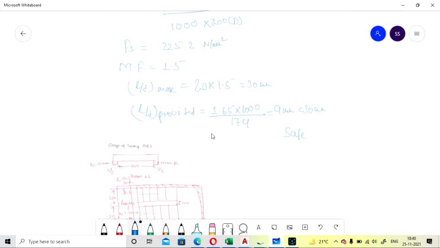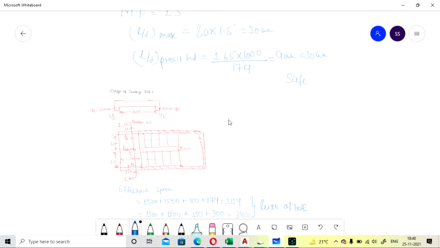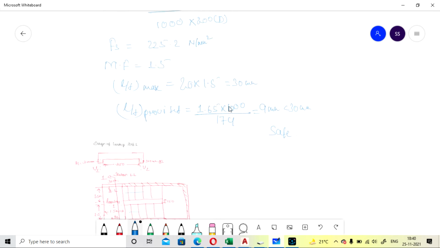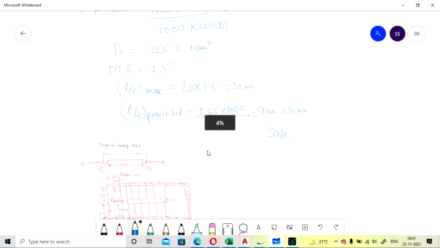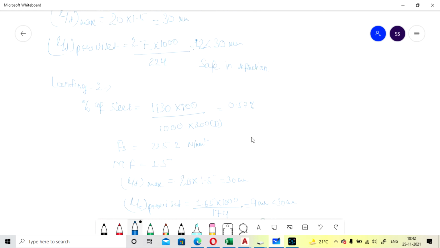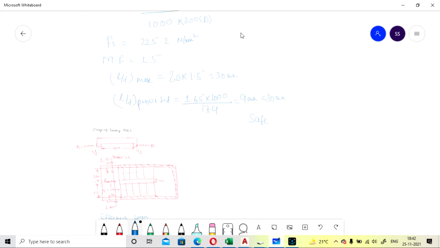Here it is 1.65. So there you have to give the 3.324, that is the effective span that we have calculated for landing 1, multiplied by 1000 divided by 174. Okay, so similarly you can also check the deflection for landing 2.